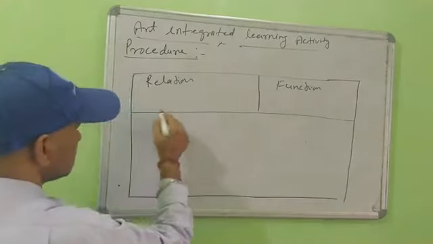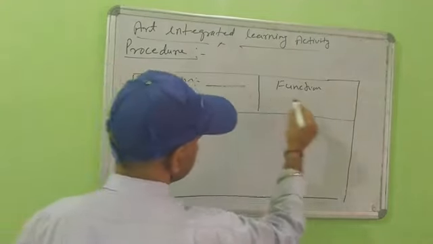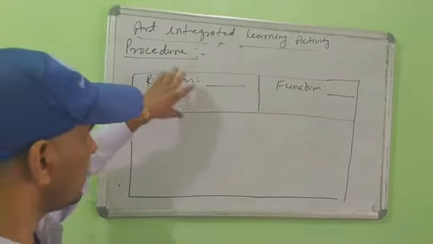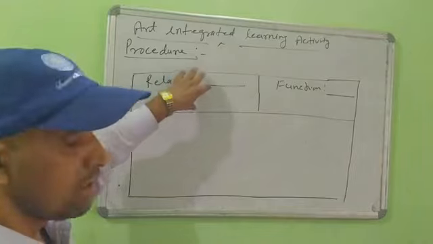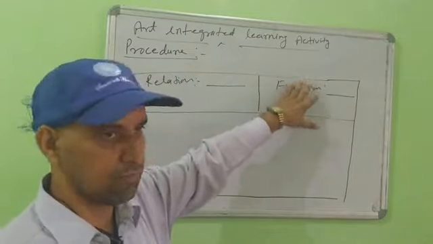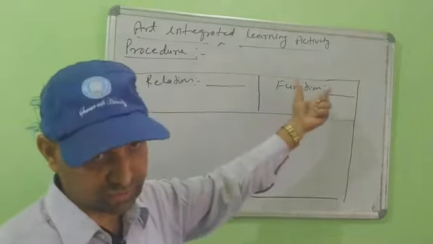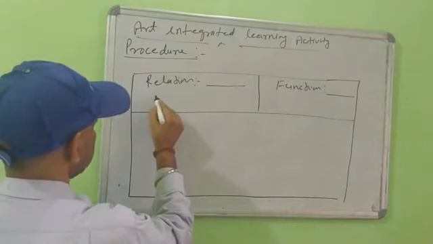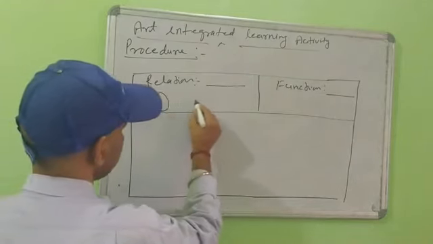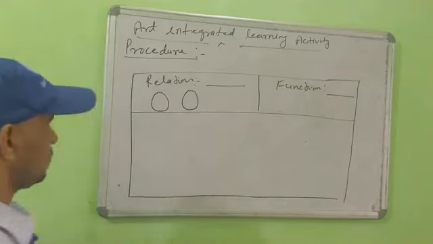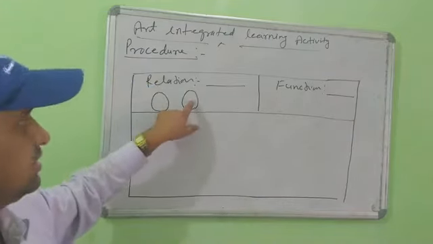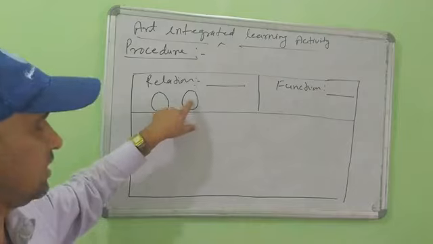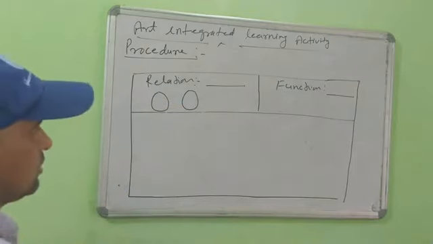You will write a simple definition of relations and a simple definition of function in a colorful way. Use different colors for the function. After that you will give examples also, in decorative mode. This is the relation. You will make two different colored papers. Use white paper, then use another color. Suppose you use white, then use yellow. Different color. Don't use black.